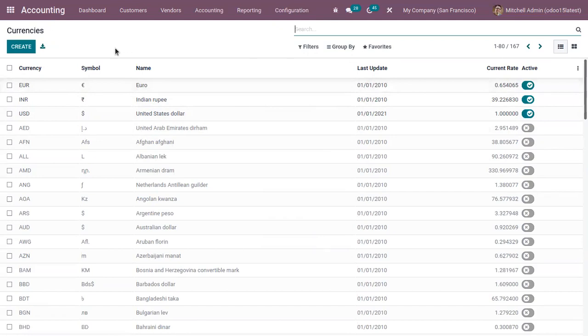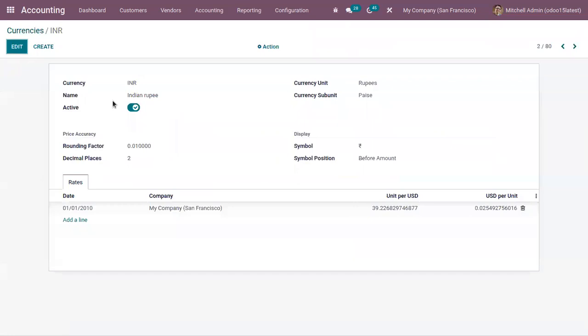For each currency, you can view a symbol, name, then the current rate, and the last update date. Here, if you open Indian rupee, you can see the currency unit, subunit, then the rounding factor, decimal places, then symbol position.